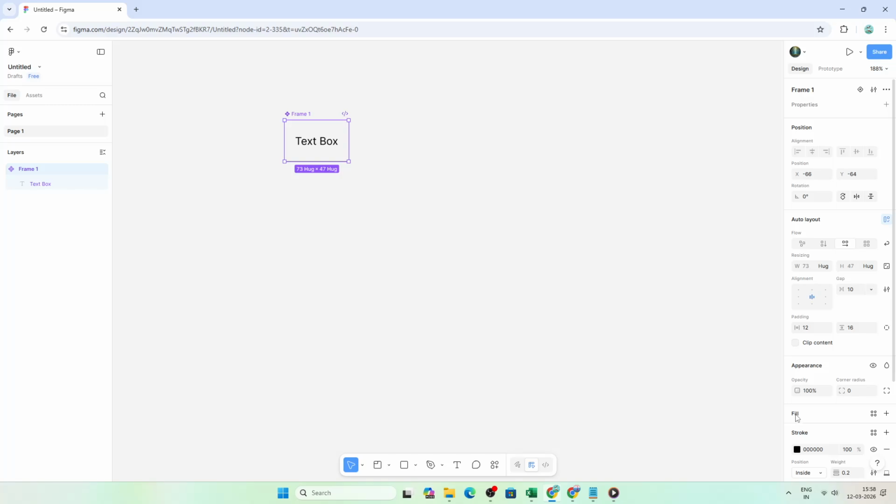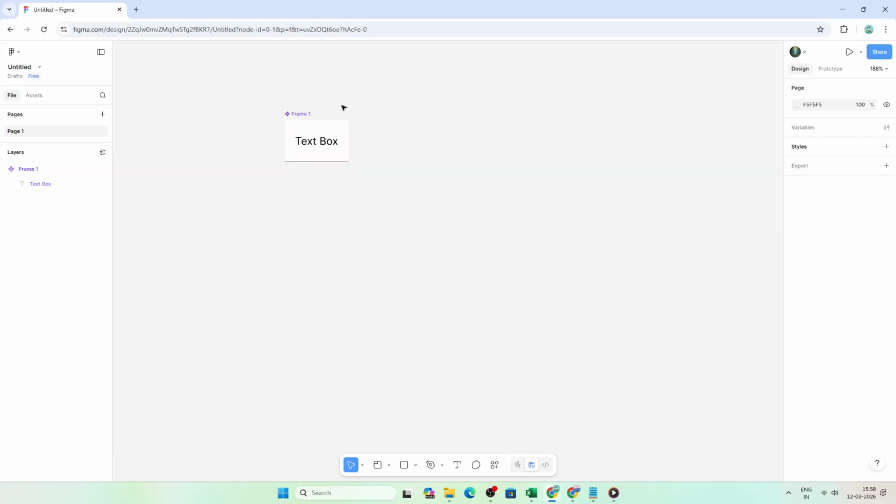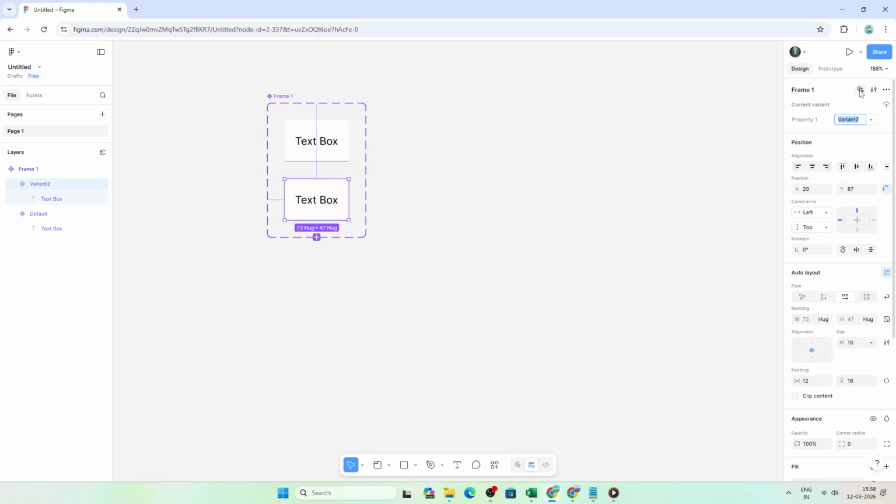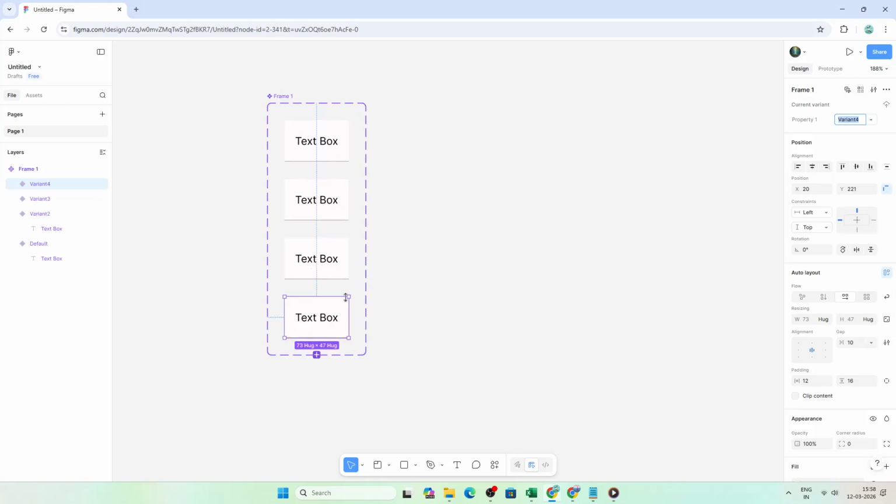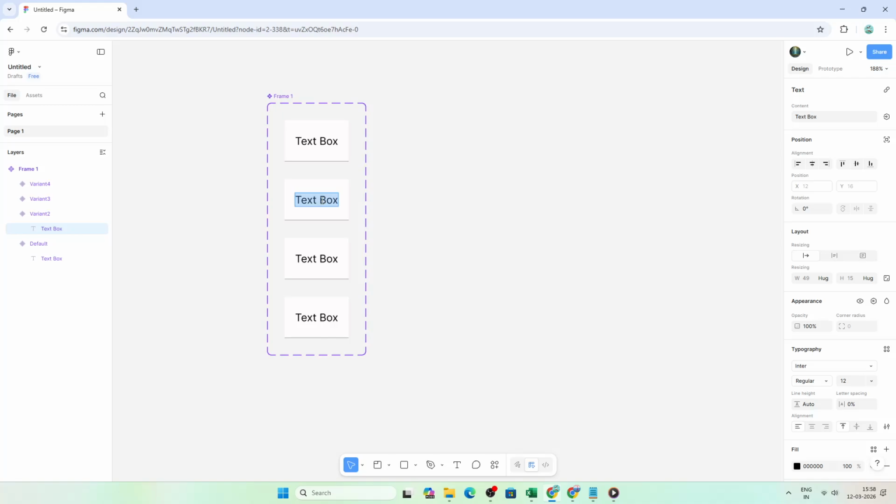Next, create cell variants so your table can handle different content types without breaking layout. Add variants for text, header, checkbox, and avatar. Use component properties to manage these, setting a type control so you can switch the content style from a simple dropdown. If you plan for interaction visuals, include a state control for things like hover or selected, so the same component